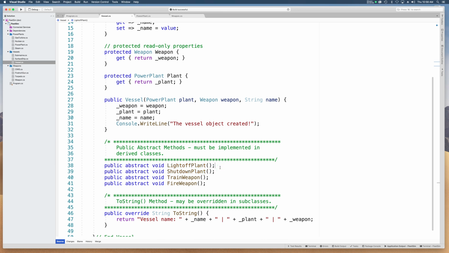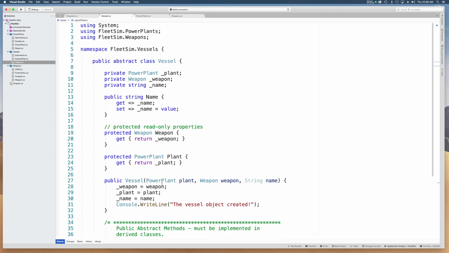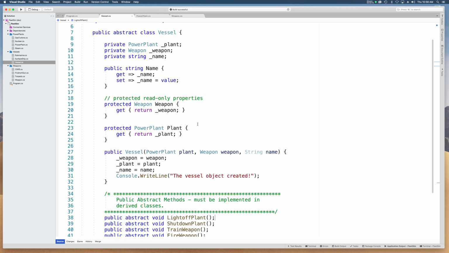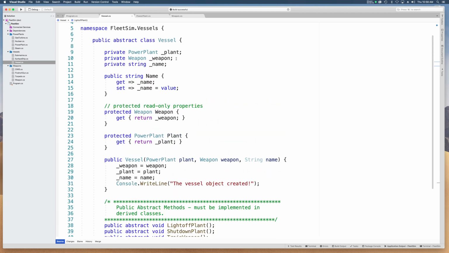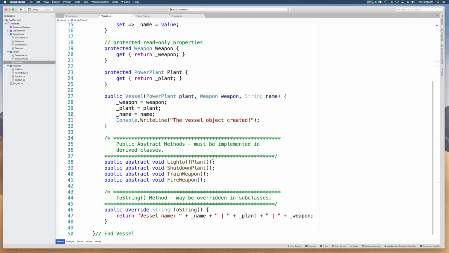It doesn't know how to light off the plant, essentially. So we're expecting the derived vessel to know how to light off the plant. It's just going to have a reference to a plant. All right. So anyway,